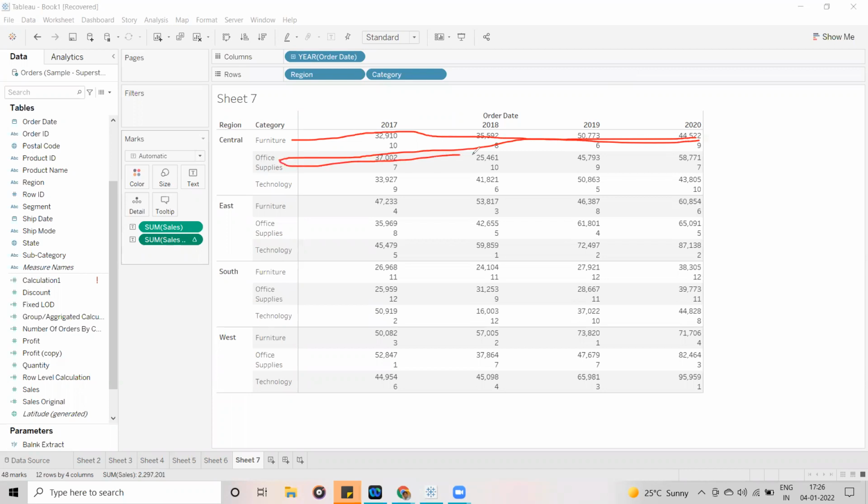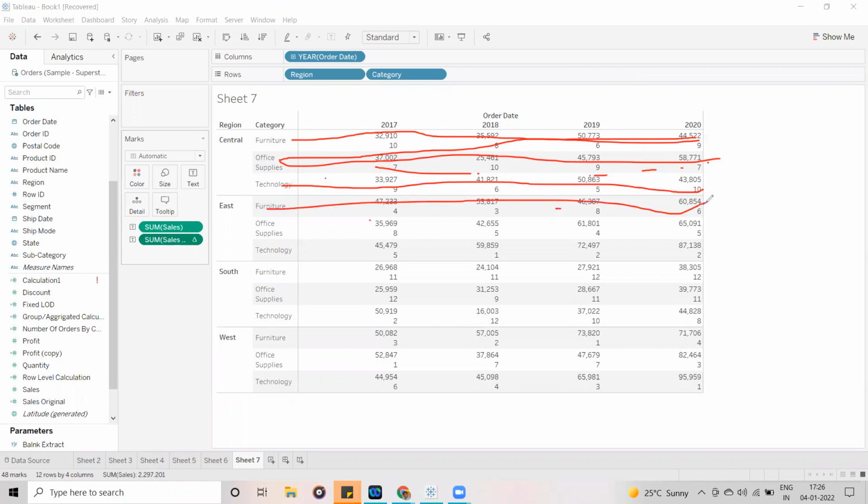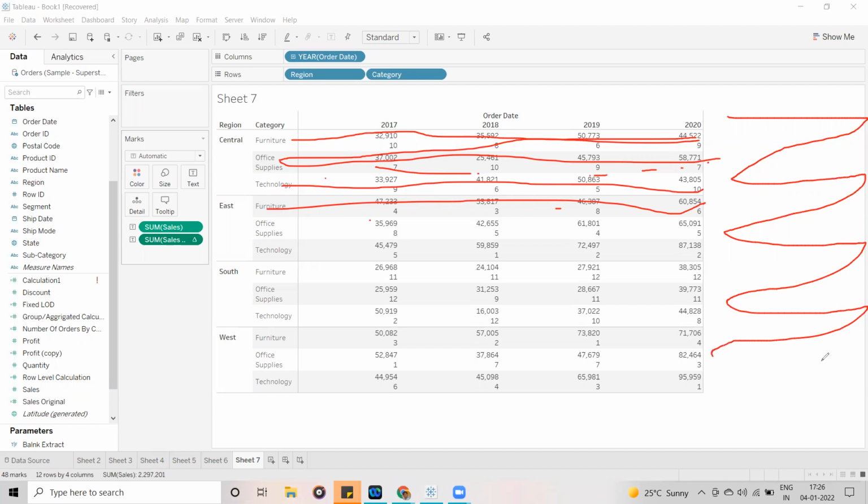Then from here, it is going to take the second line. Again, it is going to come to the third value like technology, then the technology values. Then again this way. Next, this one. It is going to come in this fashion, guys. In this fashion, it is going to calculate.